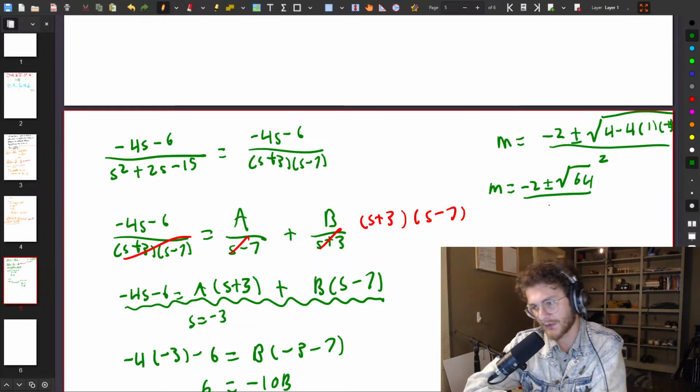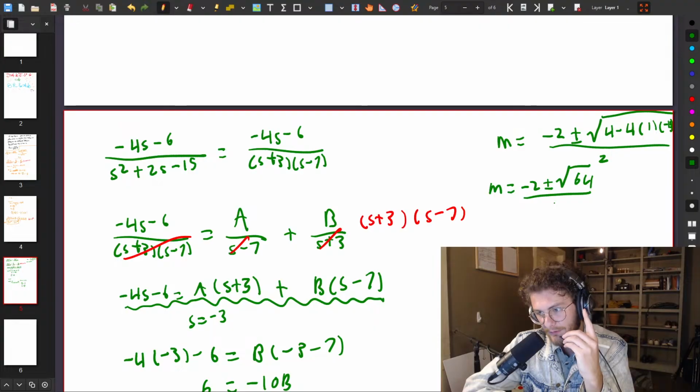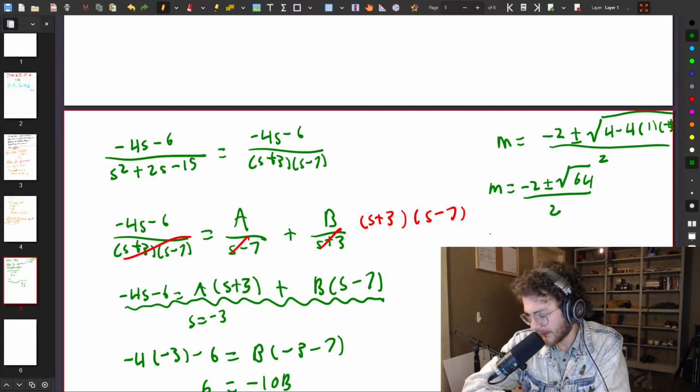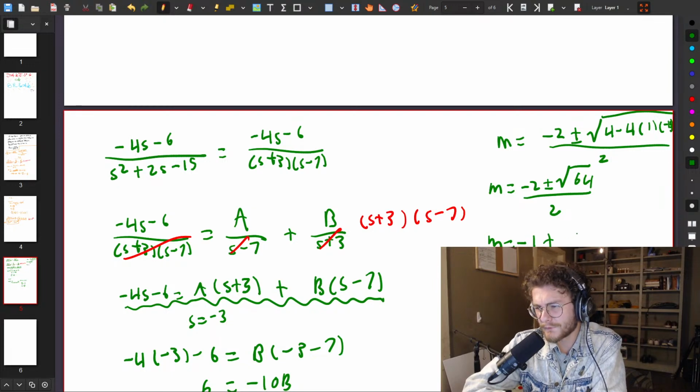We all know what that is. Know it and love it. It is the number 8. And m equals -2 over 2. That's -1 plus or minus 8 over 2, which is 4. So that means that m equals -1 minus 4. That's